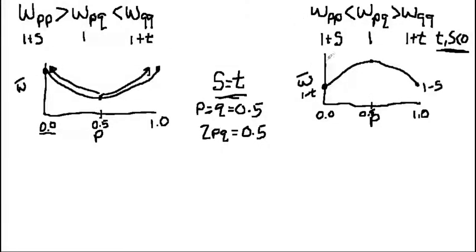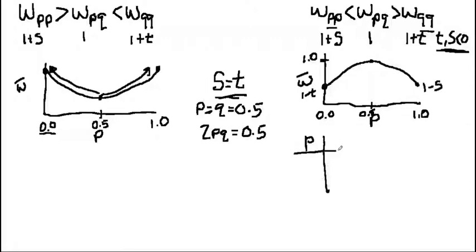Now my question for you is, is the average fitness here going to be 1.0? Because that's what the fitness is for the heterozygotes. Well, we won't actually ever reach 1.0 unless S and T are lethal. Because as long as S and T, whatever these selection coefficients are, aren't such that you die before reproduction if you are a homozygote, that means there will always be some homozygotes around, because if you remember your Punnett square,